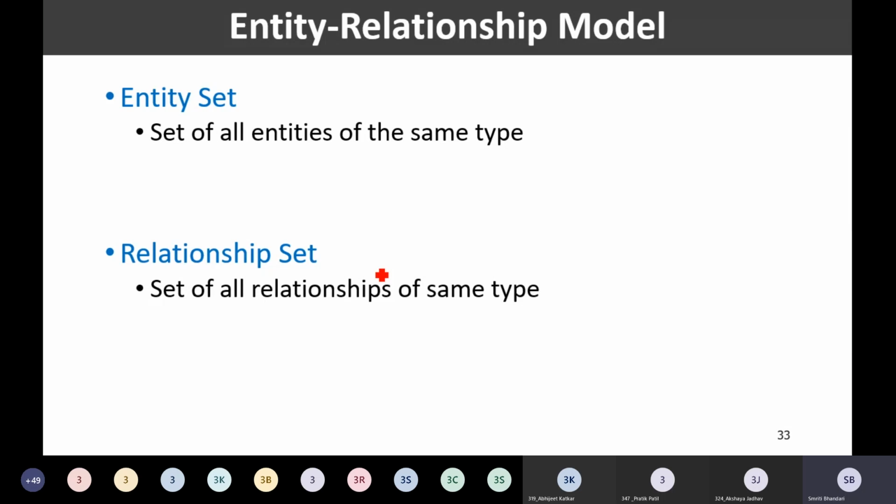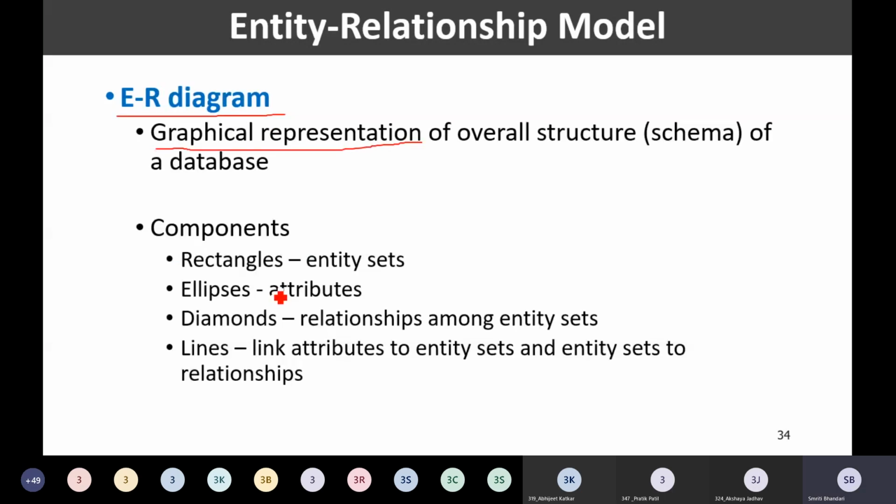Then I am having instructor X2 who is related with department Y2. So if I go on collecting all such relationships, then it forms the set of relationships, and that is a relationship set. Okay, so I hope you have understood the concepts of entity set and relationship set.